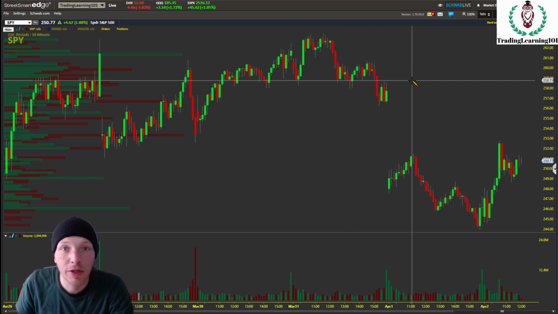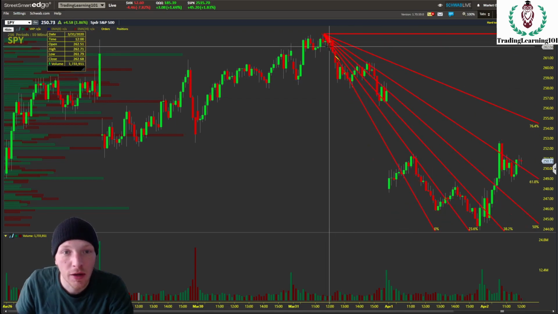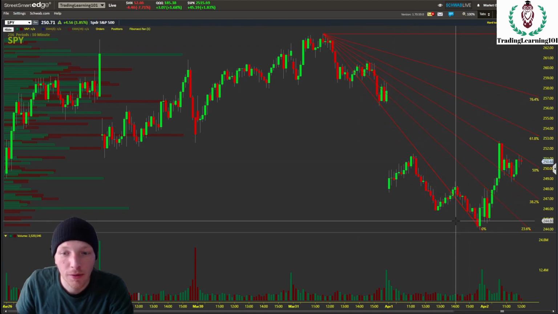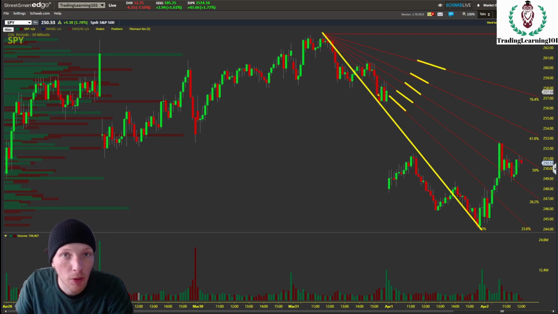and we're going to simply draw from the high up here at 263 all the way down to the low right here at 244. Once we draw from our swing high down to our swing low right there, each of these lines right here is the Fibonacci projection of where the stock could potentially bounce and hold as support and resistance. We have our first line right here, which is the 23.6